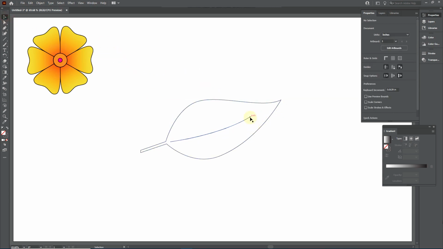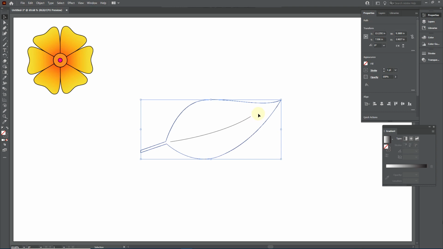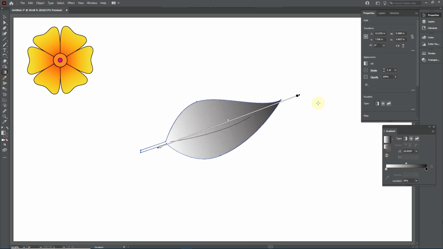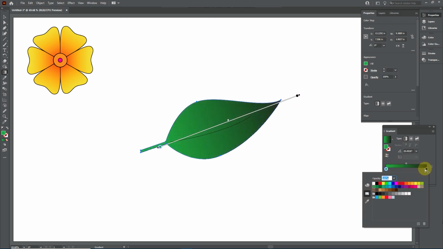Grab Selection tool. Select this shape and click Gradient bar. Change the colors.